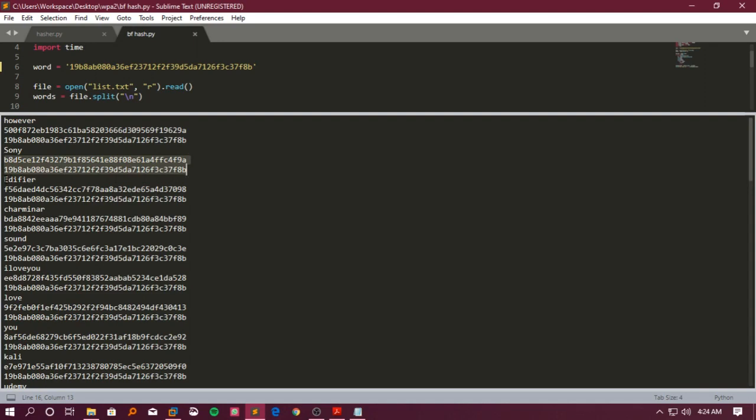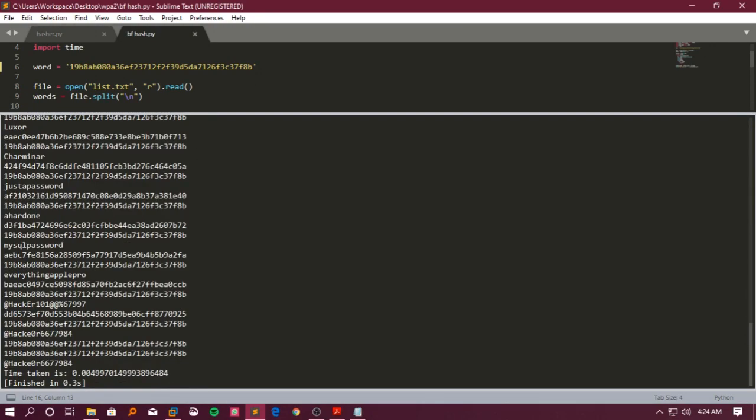So next word in the list, do both of these match? No. So until and unless all of them match, the program runs its loops consecutively. So when the password